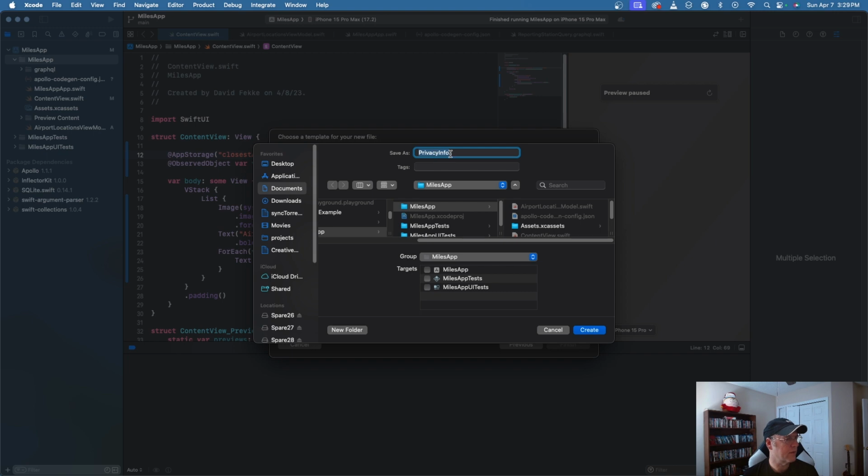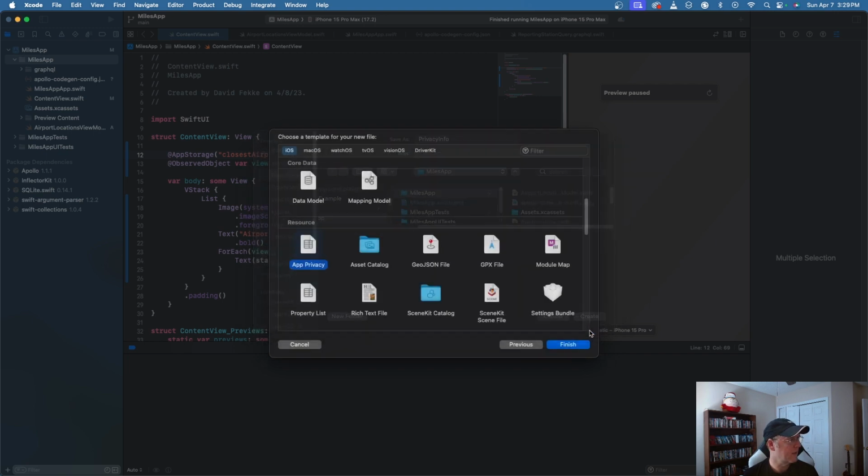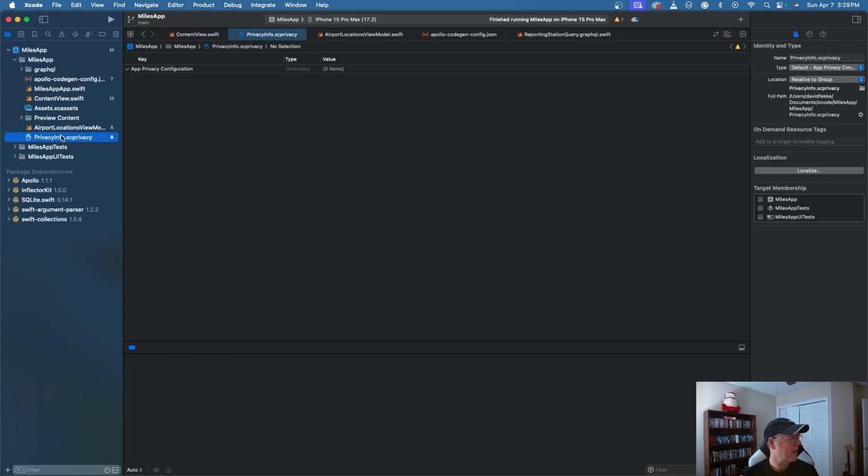It's going to create a file called privacy info. Make sure you don't change that. We want to keep that. And now it's just added this app privacy section here. So if we want to go ahead and add, let's say, an API setting for this specific type of feature, namely user defaults, what I can do is come over here and add,